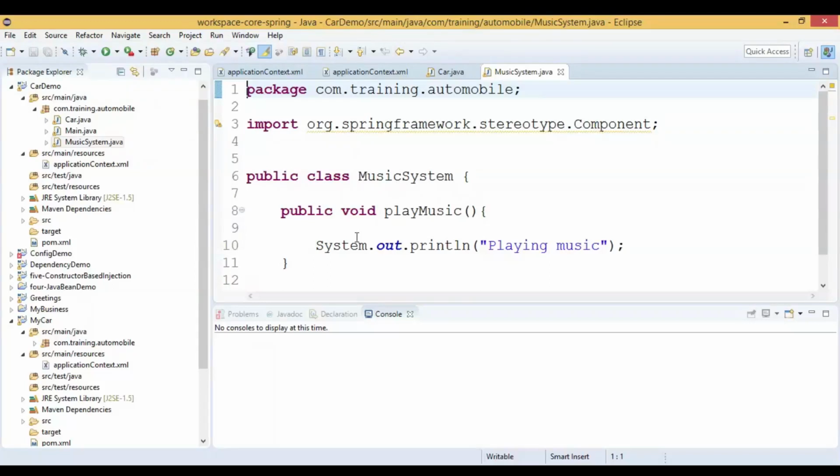Hi, in this video we will see how to configure Spring Beans using annotations. So for this we will see one code sample. We have a project called car demo. In this project we have a package